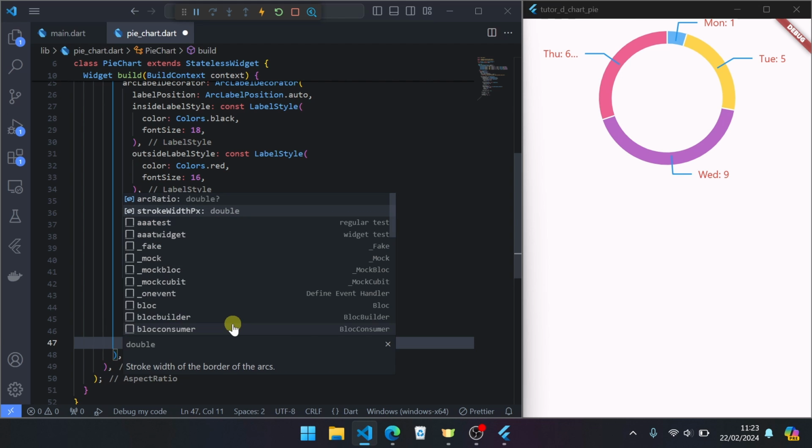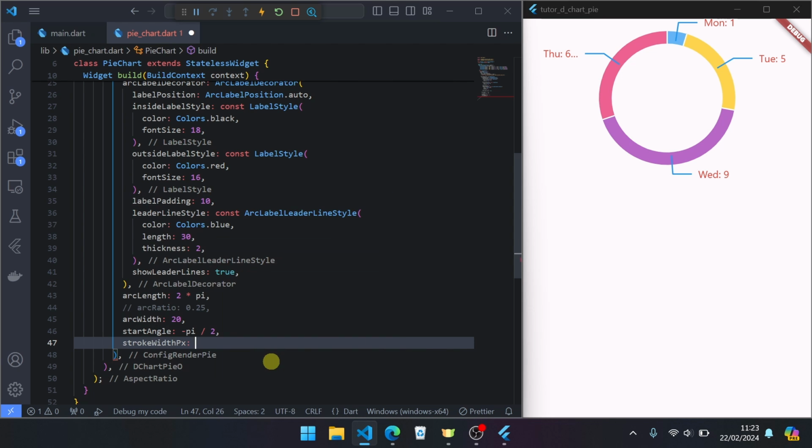Okay, for stroke width px, the stroke width of the border of the arc. For example, you can use this, by default, to set a space between slices of the pie. Okay, it is bigger, or smaller.